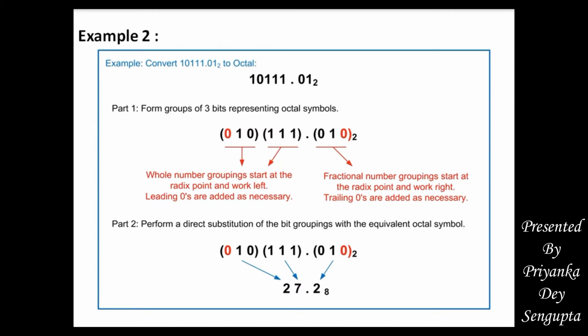As I told you, we have to make groups of 3 digits because it's a 3-bit binary number. So if the number of digits is not coming up to 3, we have to add extra zeros to the beginning of the number. In front, if we add 0, that 0 doesn't have any value. Just to make it a 3-bit binary number, we add 0 in the beginning. So it's coming to 010. Now see, after the decimal point, the number is 01.